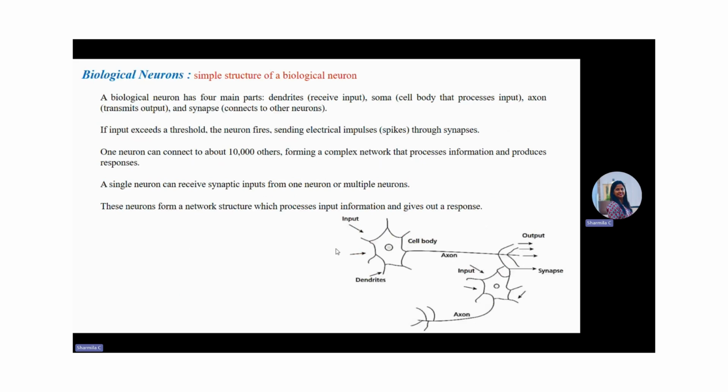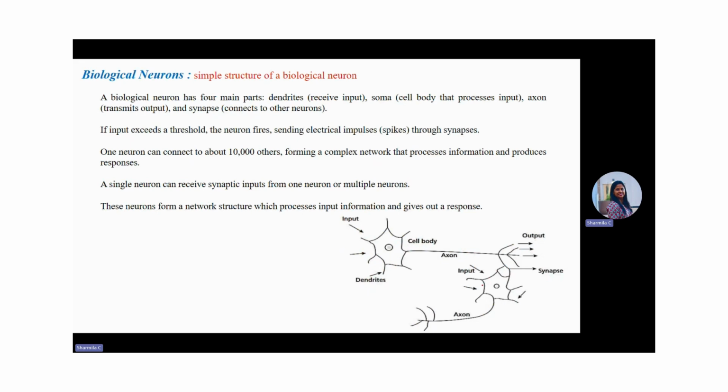Now let's see what the biological neuron consists of, or what the main components of a biological neuron are. The biological neuron consists of four main parts. The first one is called dendrites. The second one is the cell body. The third one is the axon, and the fourth one is the synapse. The dendrites are present to receive the input to the neuron. Then the cell body is going to process the information. The axon is the one that transmits the output, and the synapse is the one that is going